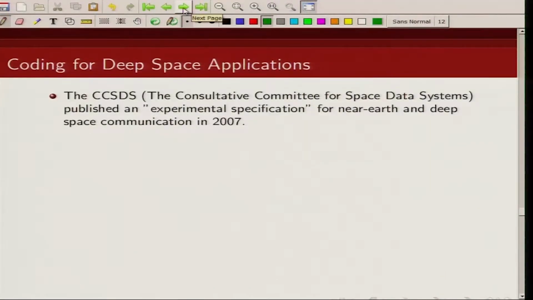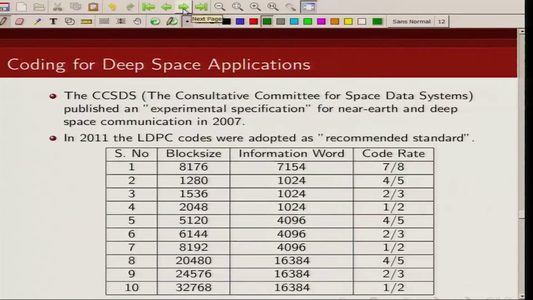What about deep space exploration? Now NASA again has specified a recommended standard. So these codes that you see here have been prescribed for deep space communication, and these are for near earth communication. For deep space communication, it supports 3 different information block lengths: 1024, 4096